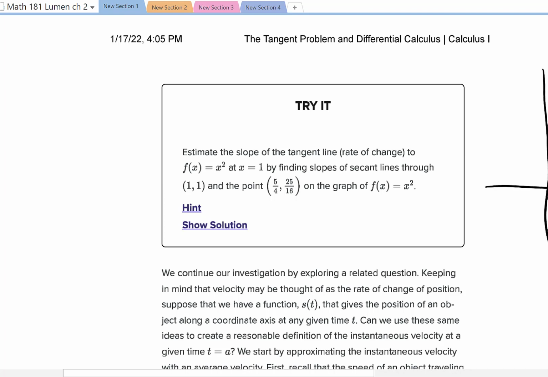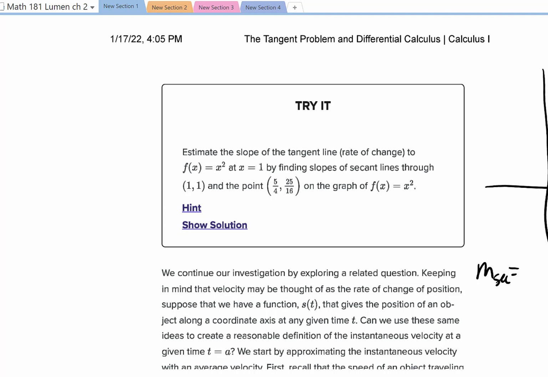Like so. We have 1, 1. We had the 2, 4. We did the 3 halves point. So it's right about there. Now we're going to go a little closer. So that means the slope of the secant line is going to be